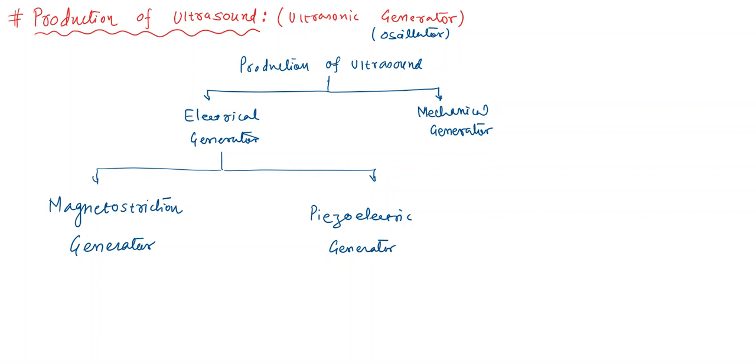So these are very important. These two generators are very, very important in the GTU exam. There are two questions based on ultrasound, and one generator is there for 5